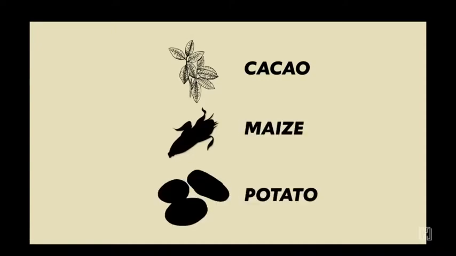And when these were introduced to Europeans, it led to an expanded diet and, more importantly, massive population growth. All right, now let's look at the Columbian Exchange in terms of agriculture and labor.